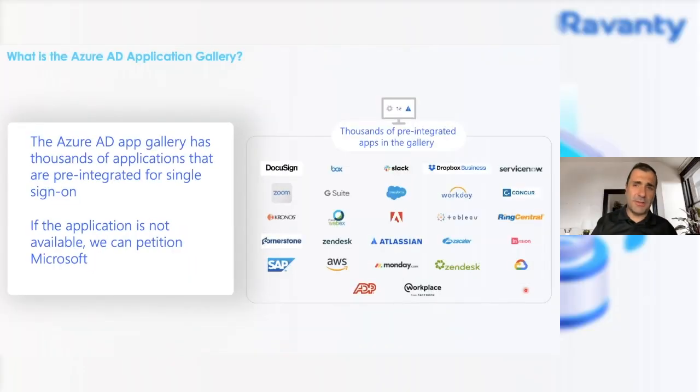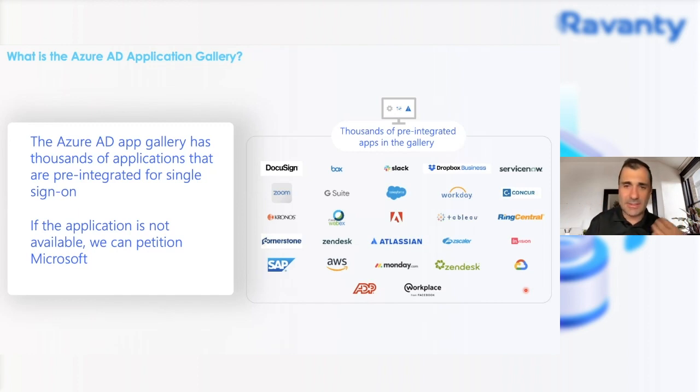Now, we talked earlier about the app gallery. This is amazing because Microsoft has an application gallery with thousands of apps. It started with hundreds, then as time went on it naturally grew to the thousands, and more apps are being integrated. That number is growing pretty much on a weekly basis. They created a lot of different configurations and templates for a lot of major SaaS applications, so it makes the transition of that app a lot easier.